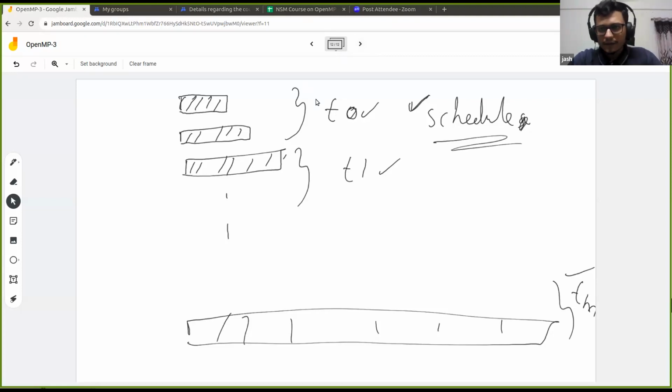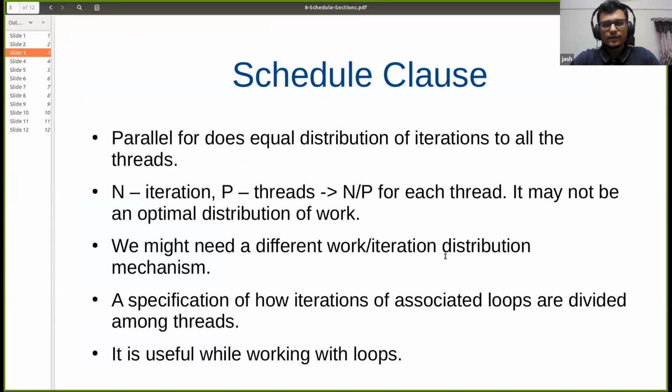So let me share my slides again. Right, this is what I was talking about so far: parallel for does equal distribution of iterations for all the threads. In general, if you have n iterations in the loop and p threads, then n by p iterations are assigned to each thread, and that might not be the optimal way to distribute the work, as we saw in that example on the whiteboard.